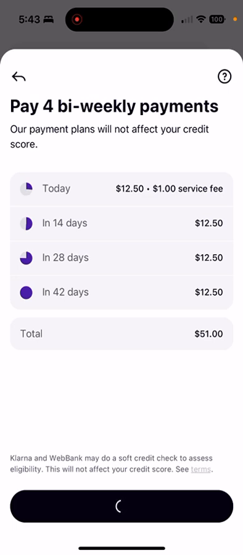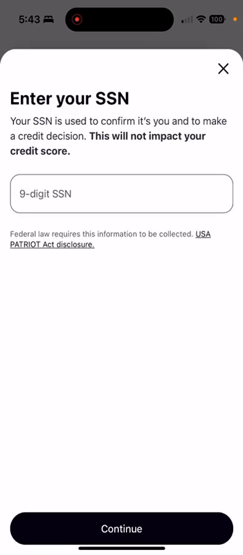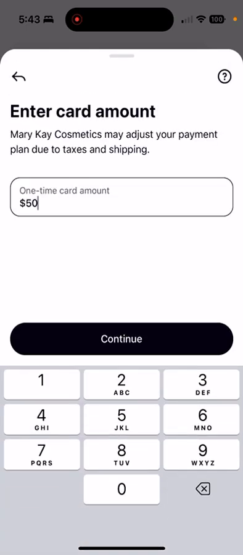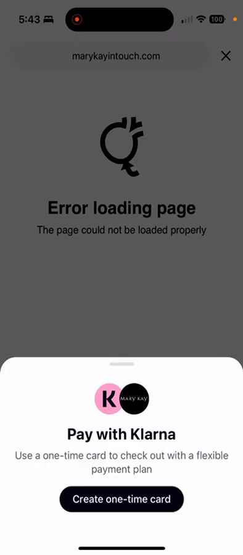And then you just kind of walk through the process. And of course, this is where you start applying. You're going to enter your social security number. I'm not doing that on screen, but I just wanted to let you know I'm not actually applying for this. I'm backing out of this. I wanted to let y'all know exactly how easy